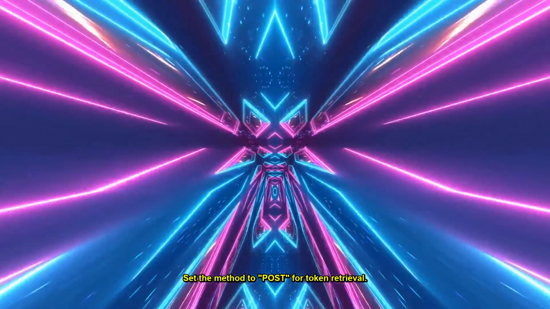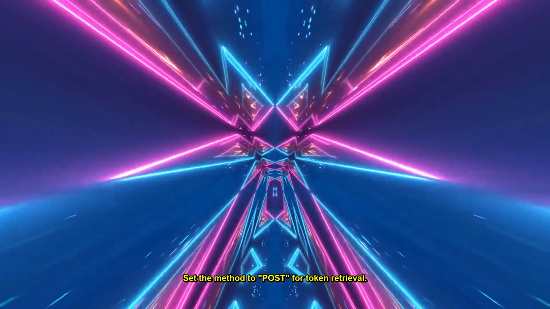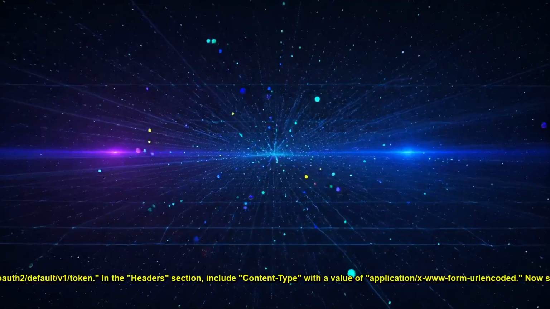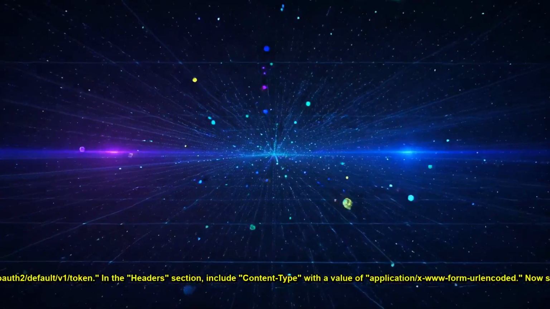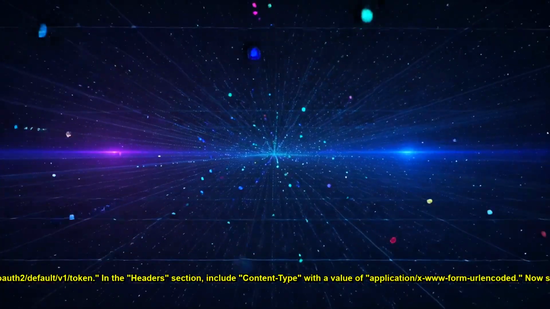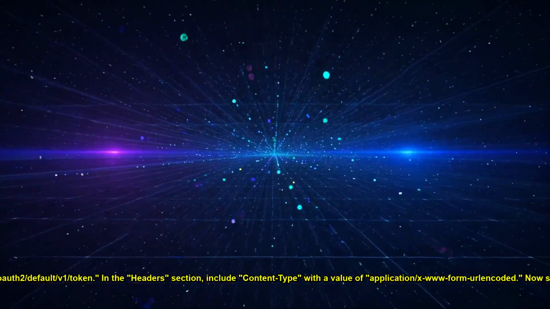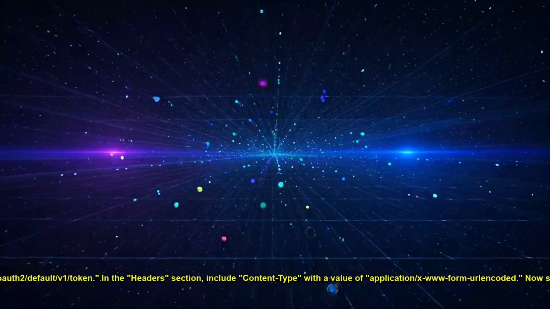Now, log into your Integromat or Make account. Create a new scenario by clicking on Create New Scenario. Add the HTTP module to your scenario. Set the method to post for token retrieval. In the URL field, enter your Okta domain followed by /oauth2/default/v1/token. In the headers section, include content type with a value of